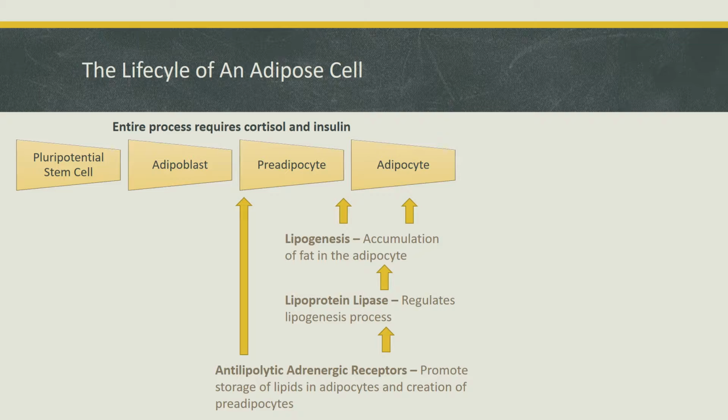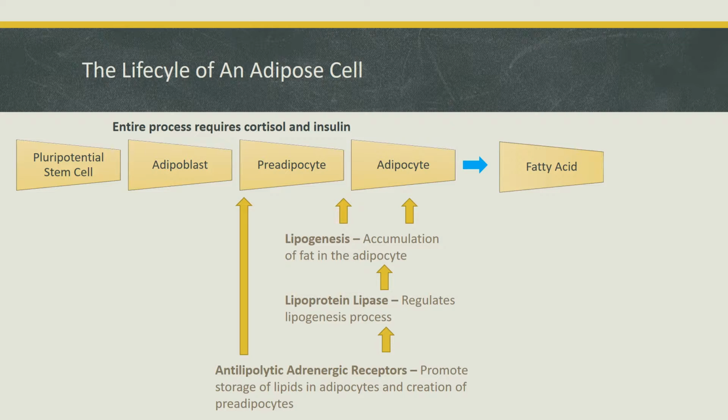It is worth noting that once an adipose cell is created, fatty acids will continue to be added to it until it reaches its maximum size. Although the size of adipose cells may shrink, the number of adipose cells will not. And once an adipose cell reaches its max size, a new preadipocyte cell will be filled with fatty acids.